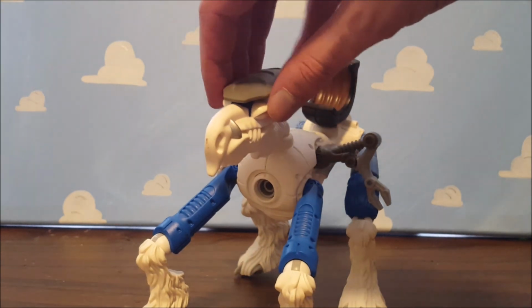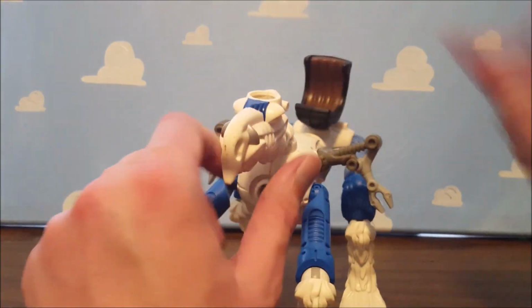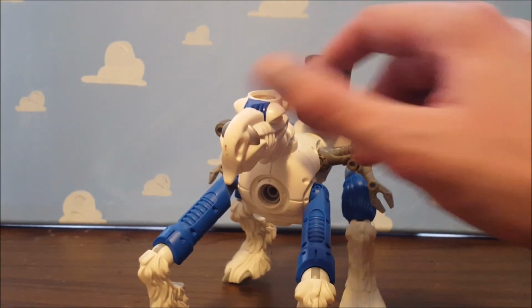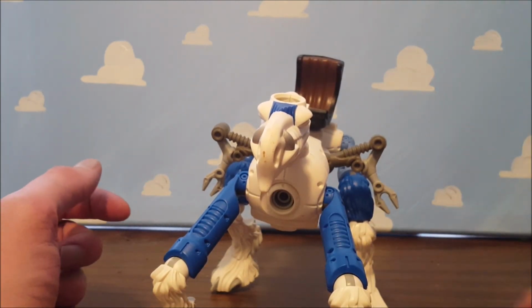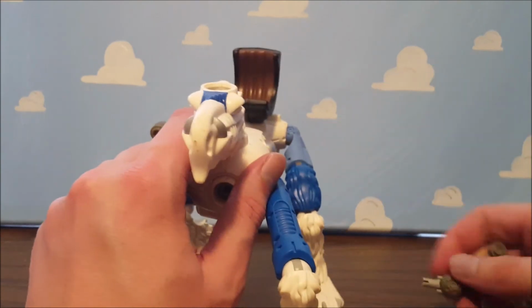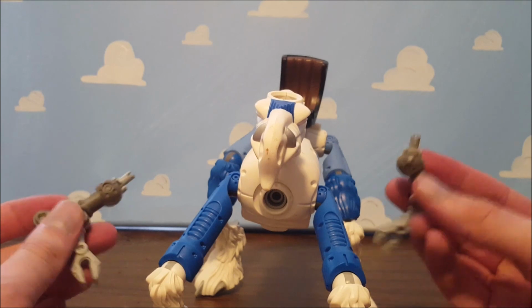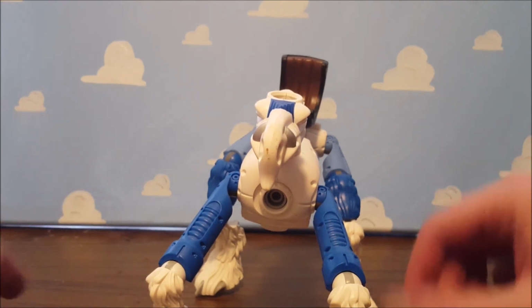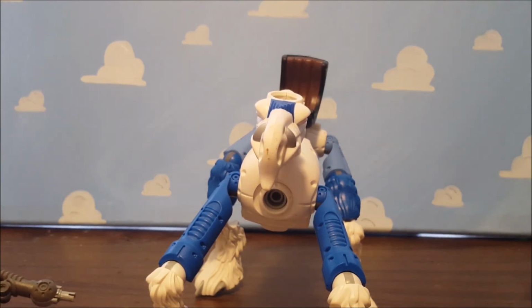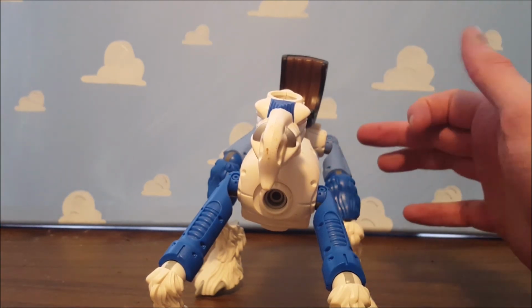So, also his breastplate on the top of his head can be removed, just like Nepal's can. And you'll see he has a joint hole right here. And we'll go ahead and take him apart fully. So, he basically has, I want to say about, and I'll recount, but he has about 12 pieces to him. He has, not including the breastplate and the seat, the 2 arms, of course the torso,